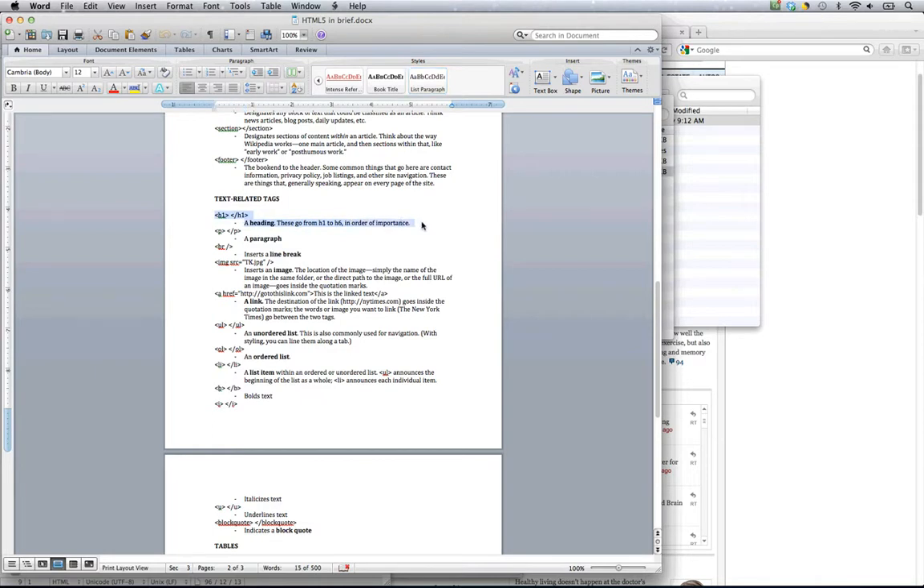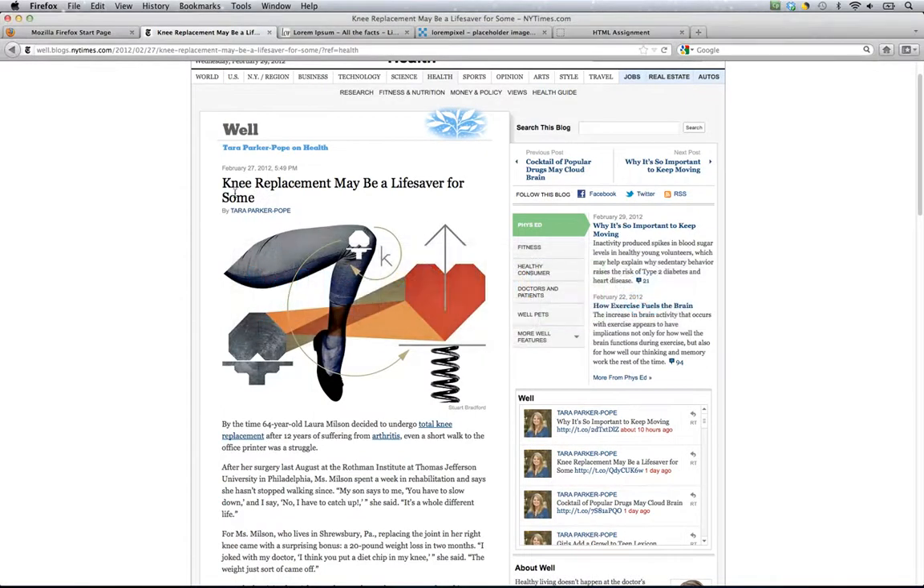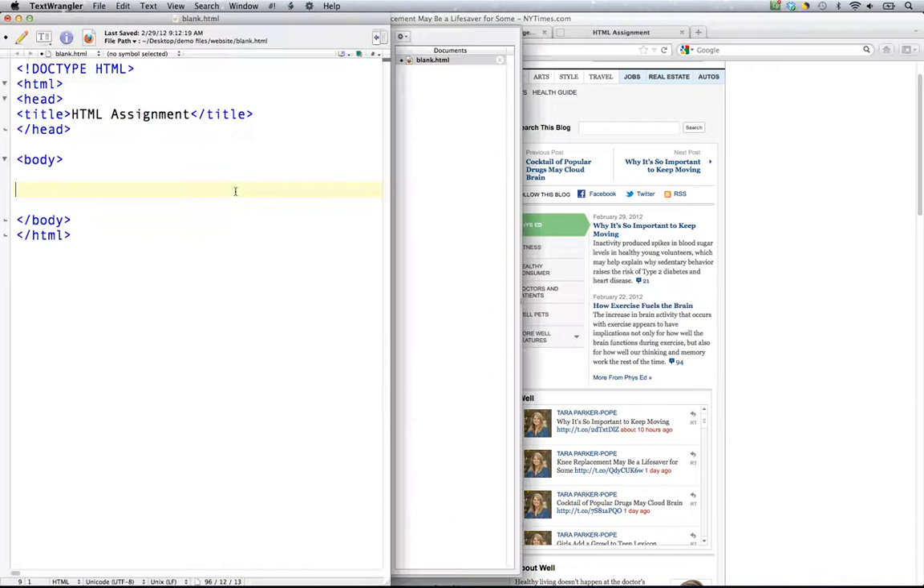So I've got H1 here, which is a heading, and they go in order from H1 to H6. I would say, looking at this, that this is a pretty important heading in our document. In fact, I would say it's probably the most. I'm going to choose H1 for this. Head back into my